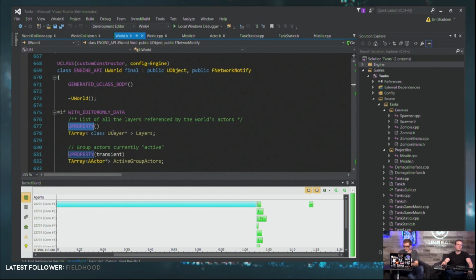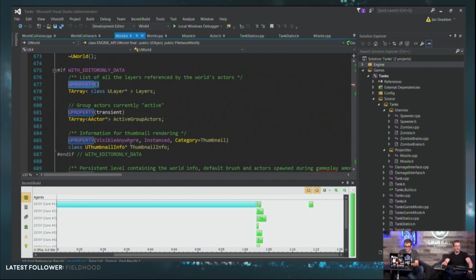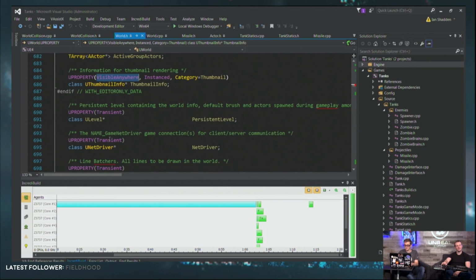This kind of stuff. So UE4 will scan your H files as part of the compile process. It's a separate thing that's specific to this engine, and it'll see things like, oh, look, this is a U property, so the engine needs to be aware of this. Oh, this is a U property that's visible anywhere. So if we're in the editor, this property should be visible, but you can't set it. So you can see it, like if you're in a PIE session and you pause the game, you can see this property because it's visible anywhere, but you can't alter it while the game is running because it doesn't say edit anywhere, it says visible anywhere. So stuff like that's specific to the engine.